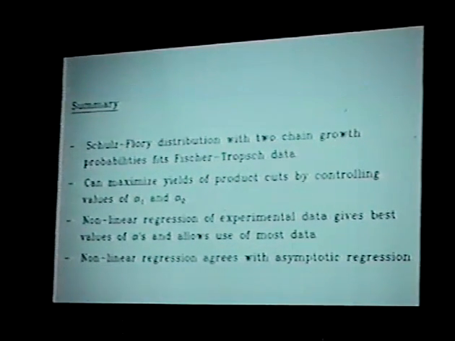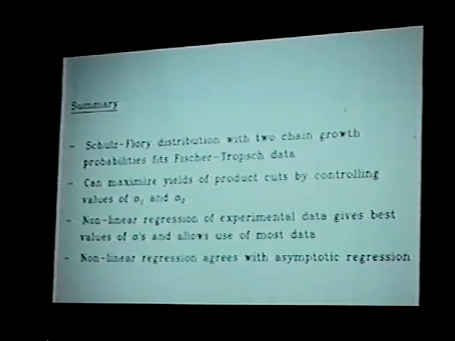Okay, in summary then, the carbon number distribution of Fischer Tropsch products can be described by a modified Schultz-Flory type mechanism with 2 chain growth probabilities instead of the normal 1. And if we want to maximize the yield of our heavy products, or if we want to maximize the yield of our gasoline range products, we really have to know the values of alpha 1 and alpha 2 as accurately as possible. And the way we've shown to do that is to regress our C3 to C15 or 16 data